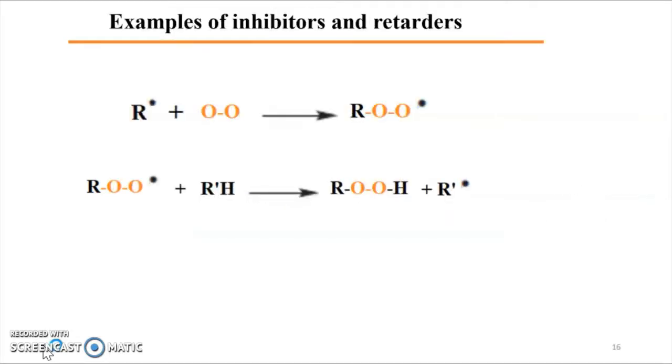Examples of inhibitors and retarders during radical polymerization. We have oxygen. Oxygen is the most important inhibitor which can be present in the polymerization medium. If I have oxygen in my medium, the polymerization will not start before consumption of all the oxygen. Why? Because the oxygen will take the radicals from the medium, the initiator radicals, and you have formation of ROO•, a peroxide radical, and this peroxide radical will take a hydrogen from whatever possible molecule is present in the medium, and we will have formation of hydroperoxide, and liberation of a new radical in the medium